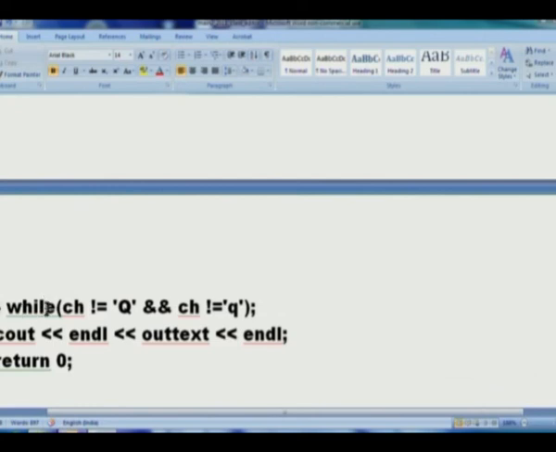So I have to do all of this while CH is neither capital Q nor small q. I continue doing this. Otherwise, I will print the final out text and get out. Because I know when I have come here, I would have come here only because I have finished. So you got this. This is exactly how you can actually segment your larger conceptualization of an algorithm, define classes containing class objects, and make your main activity as simple as possible. Okay, we'll stop here. Thank you.